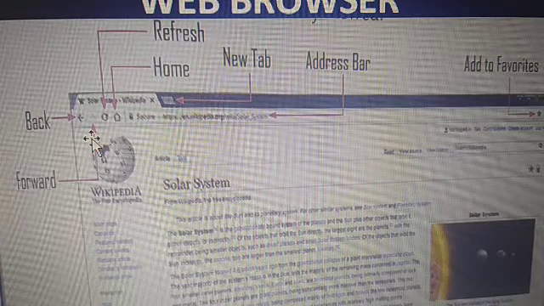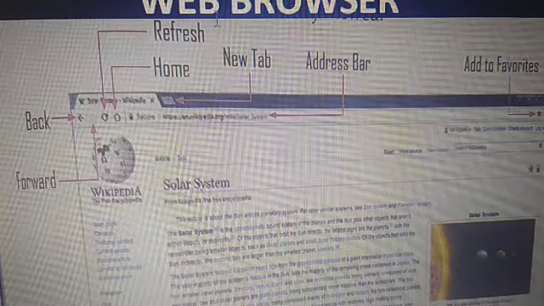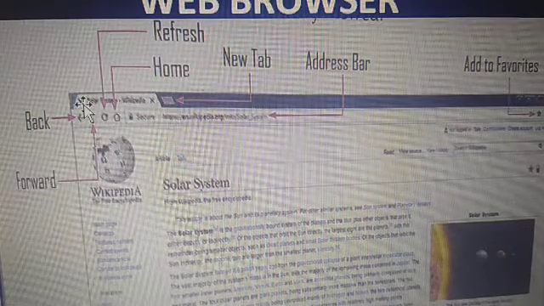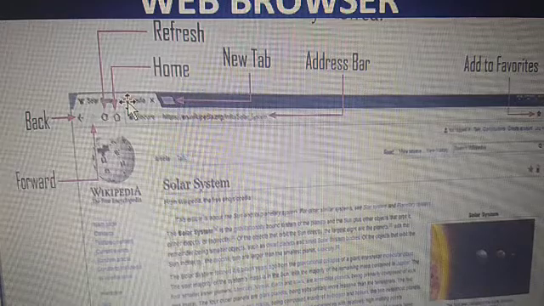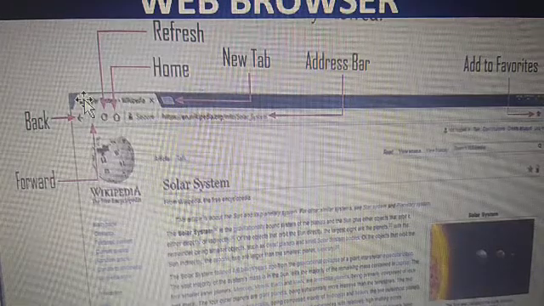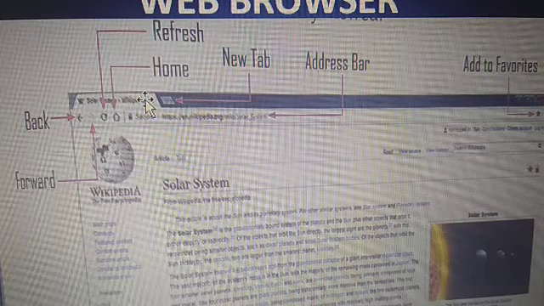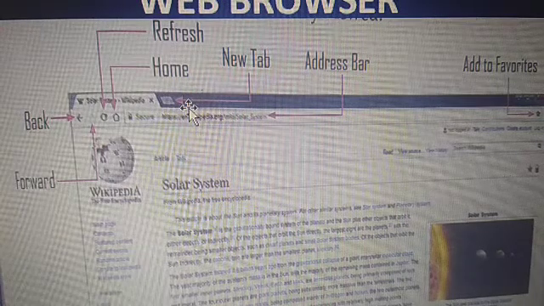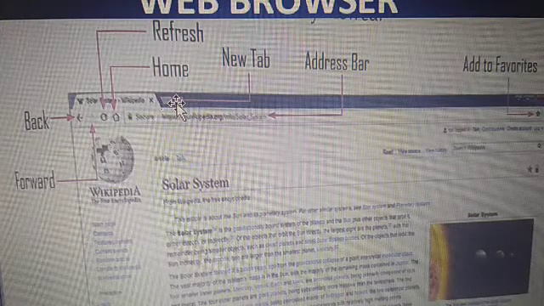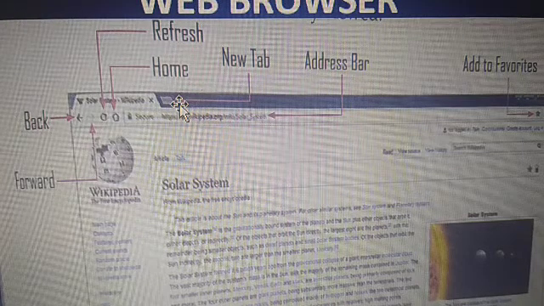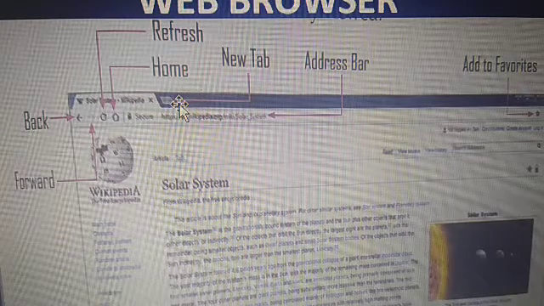Understood? Now next is the new tab. Here is the new tab. Which part is this? This is the current tab, which is showing the Wikipedia website. If you want to open another website on another tab, you have to open a new one. This blue button you are seeing now is the new tab button. A new tab will open a new website. So with the help of this button we can open different websites in the same browser window.